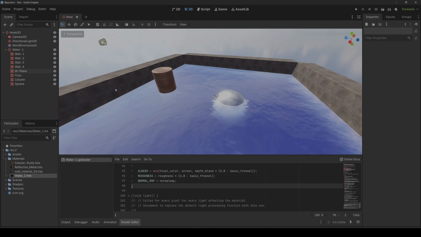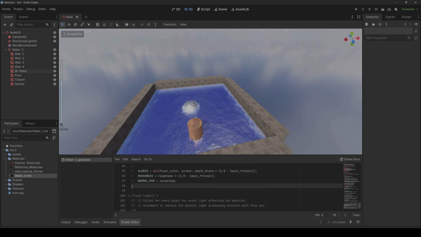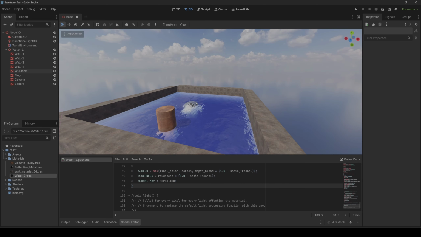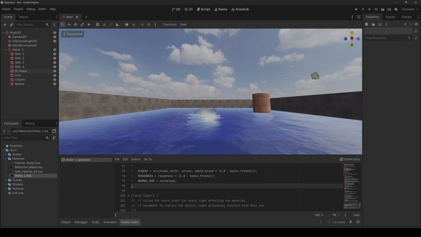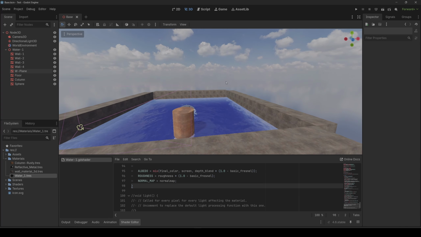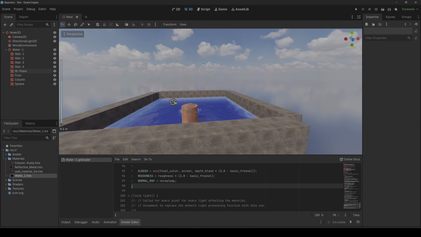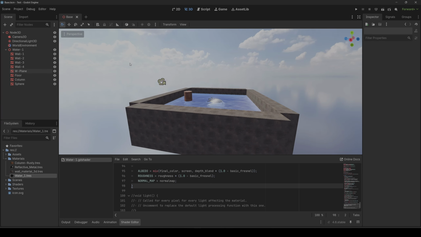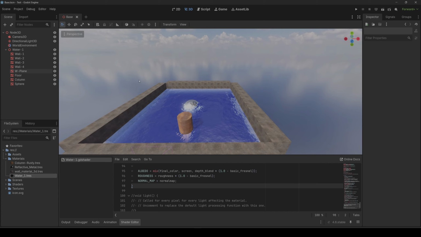So yeah, that's what I have for now. I'm gonna do a little bit more testing for the next video for the water here, and then after that I'm gonna try to recreate the scene I was making in Blender a few weeks back, where it was kind of like a cave with a campfire. I'm gonna see how realistic I can make it look in Godot, and see how the rendering goes. Eventually I do want to make a few animations and a few renders,